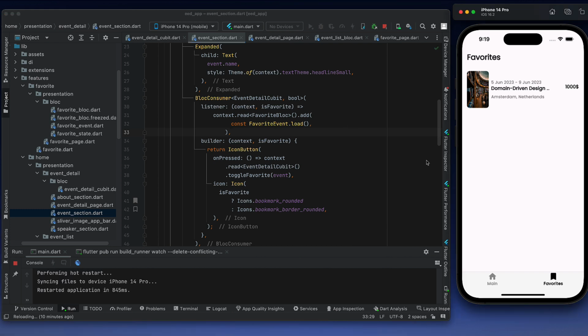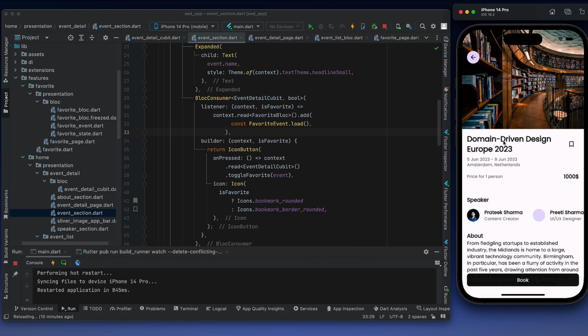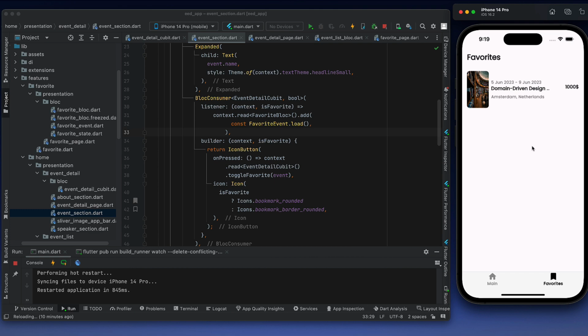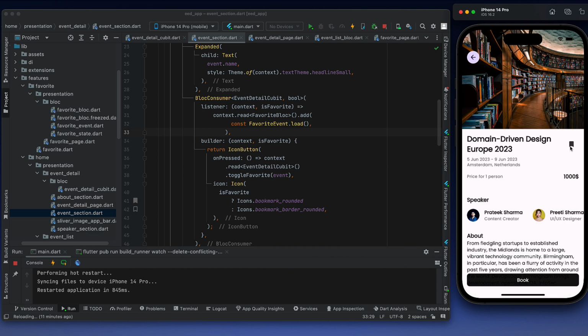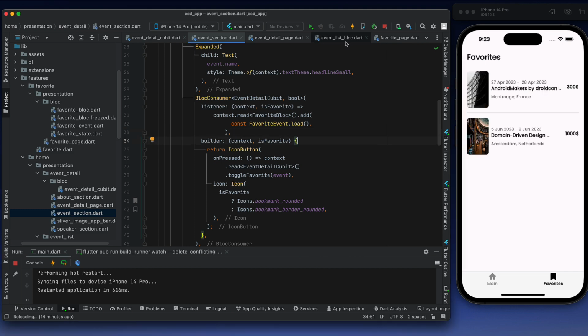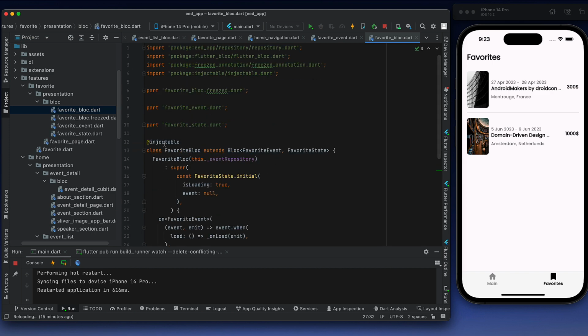Let me restart the application. And now let's try this, I mean, this would be a new solution. So when I go here, I bookmark it, I come to the favorites list, and we will see the first item. Now we will go back here, we'll click this, we'll come back, and it's still there. Why? Because it's not reloaded. So why is it not reloaded? That's the question. In that case, we will have to make this favorite block a lazy singleton, because